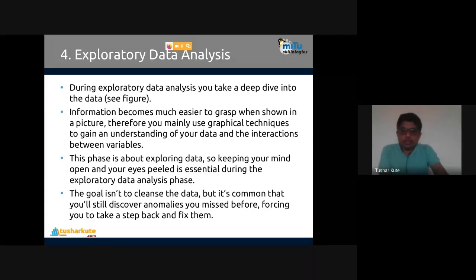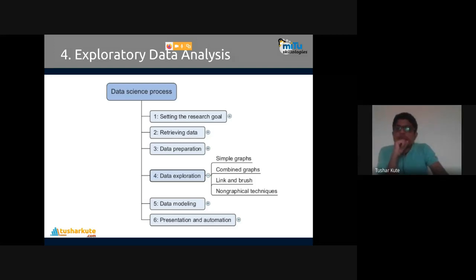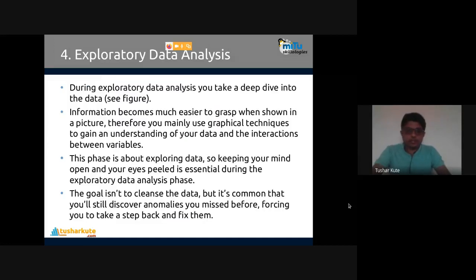Let's see this one. We are now going to make use of the data exploration process. Under that we have simple graphs, combined graphs, the link and brush technique, and non-graphical techniques that we can use. These are the exploratory data analysis steps. Information becomes much easier to grasp when shown in a picture.